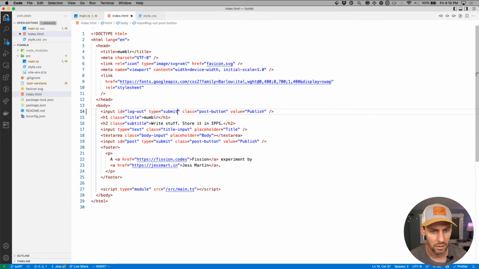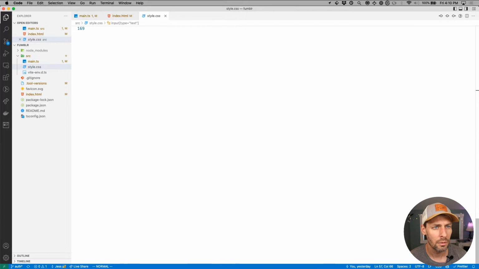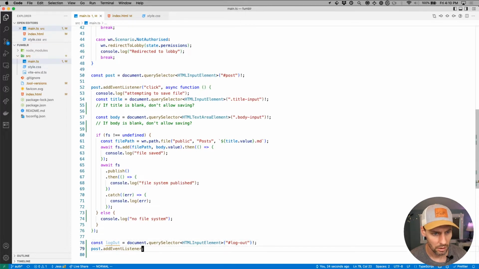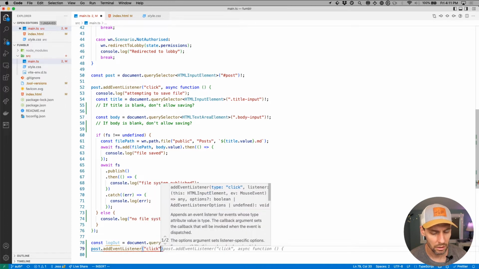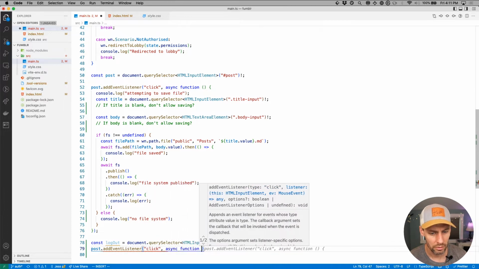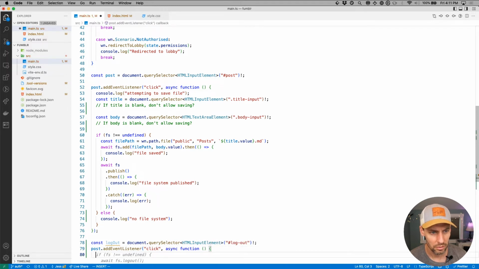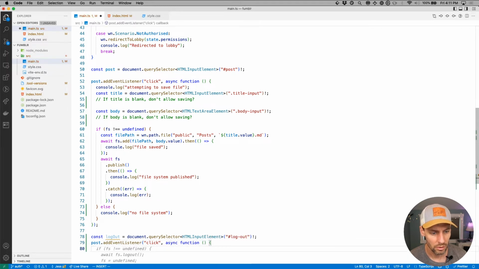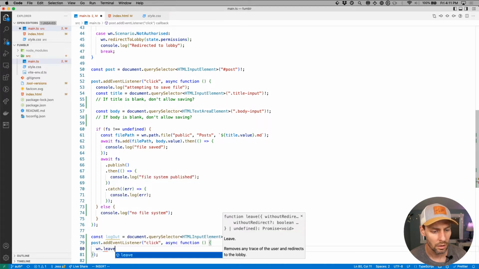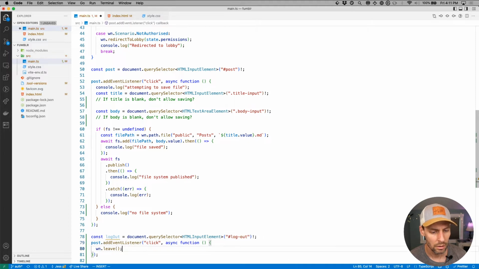Log out. And we'll say when this thing gets called, click, have an async function that does some stuff. webnative.leave, then